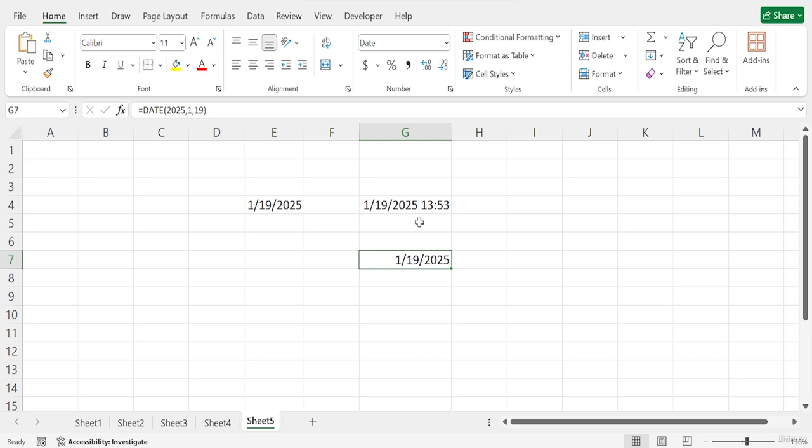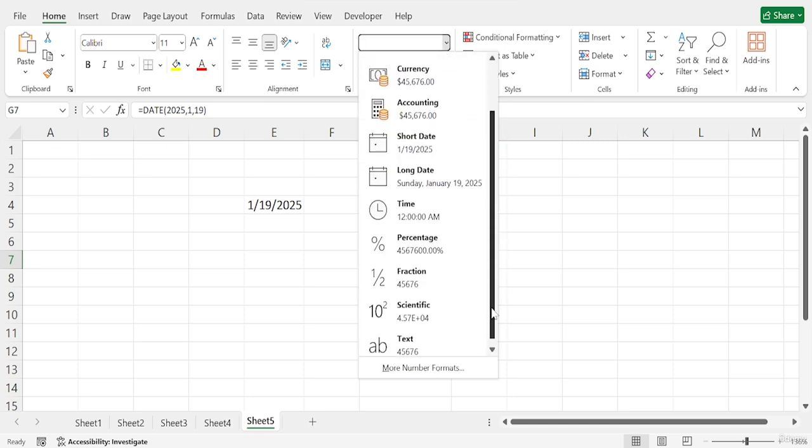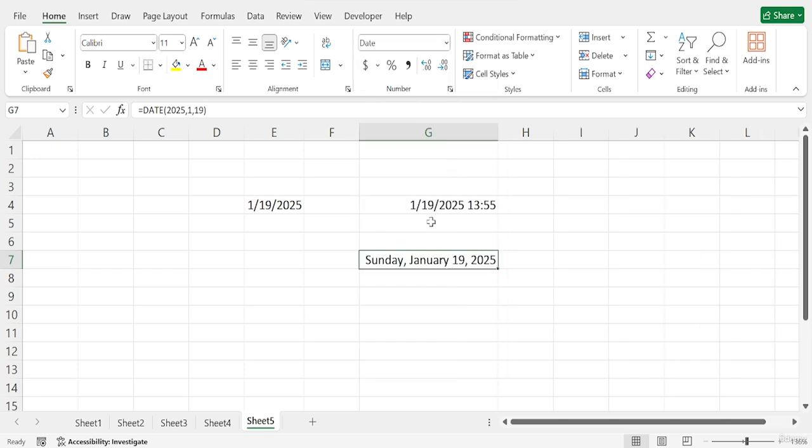You can use these functions in combination with other formulas, such as subtracting or adding days, and you can change the format of these values. If I select this and go to the number format options and select, let's say, the long date, then it will appear like that.